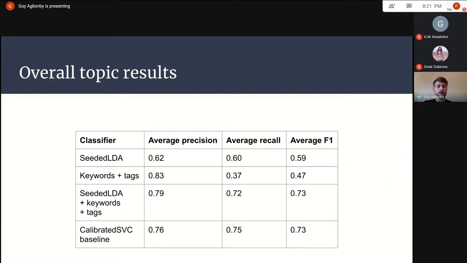I also did some error analysis. So seeded LDA's, that third row's errors were a little bit more sensible. In cases where the response was about government, it might have tagged it as government spending. Or if it was about sentencing, it might have talked about criminal law or police powers or something. So even if it got it wrong, it was kind of close. And that was less of the case with the SVM approach.